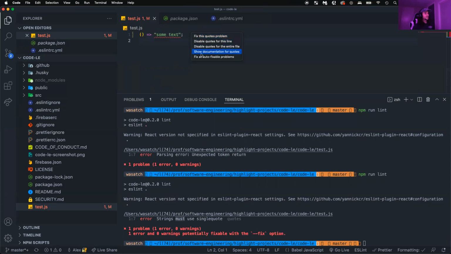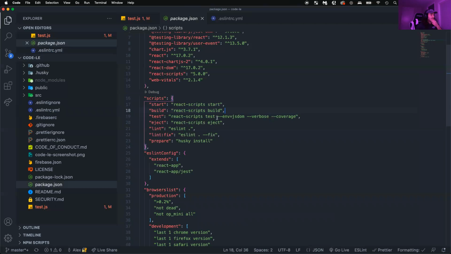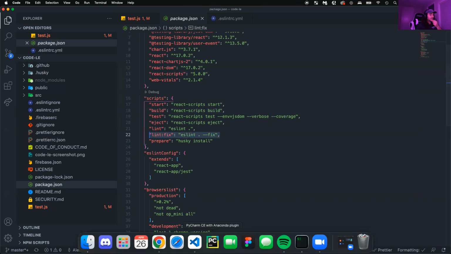So let's see, we can do a quick fix. Oh, so it says fix this, disable. I forgot that ESLint won't go through necessarily and do this unless you switch it to the fix flag. Actually, because this is the only thing that has an issue and nothing else is going to get edited, here's what we can do. We can go to the package.json like we were in and take a look at where we're running this. Right, so there's a lint fix script that I have in here,